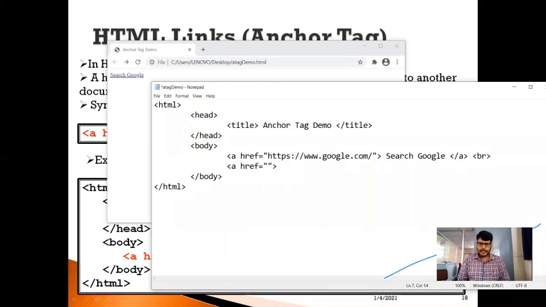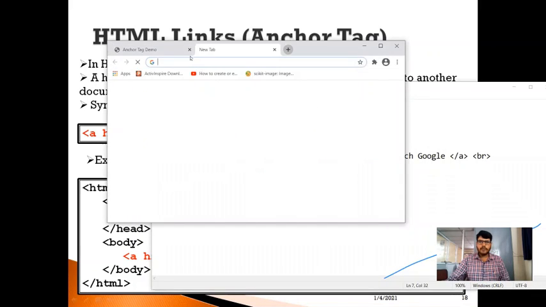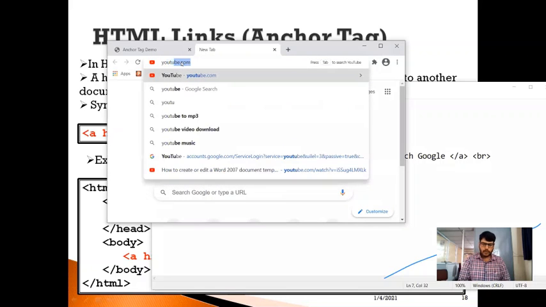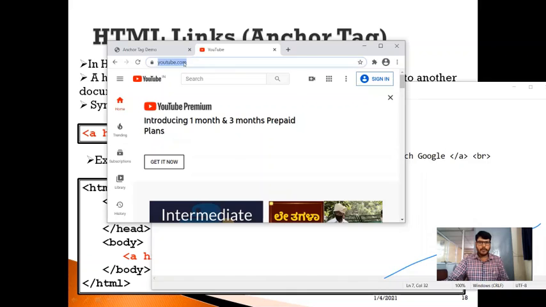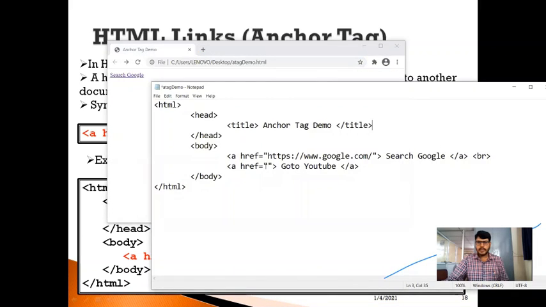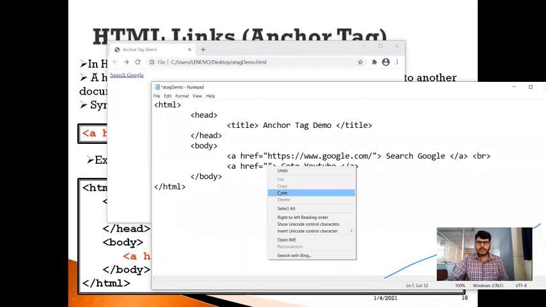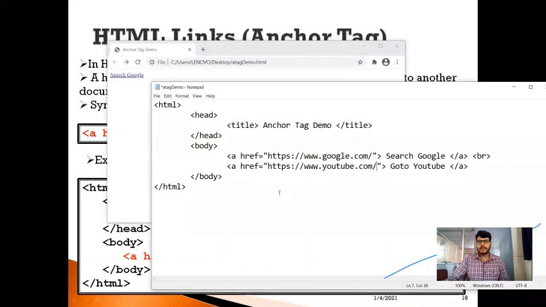So close this anchor tag, and here I will write "Go to YouTube." Okay, after this, close the anchor tag. Now I will open a web URL. I will write the YouTube web URL, and I'm just going to copy this, close this, and in the href value section, I'm going to right-click and paste this. You can observe, now I have included the value for the YouTube URL